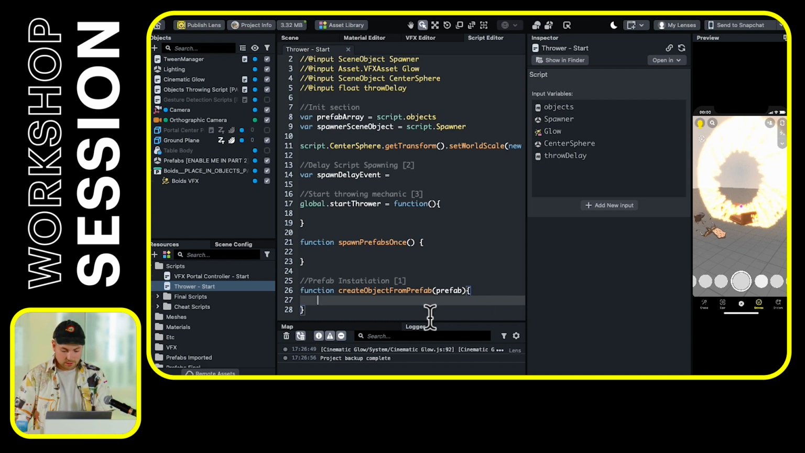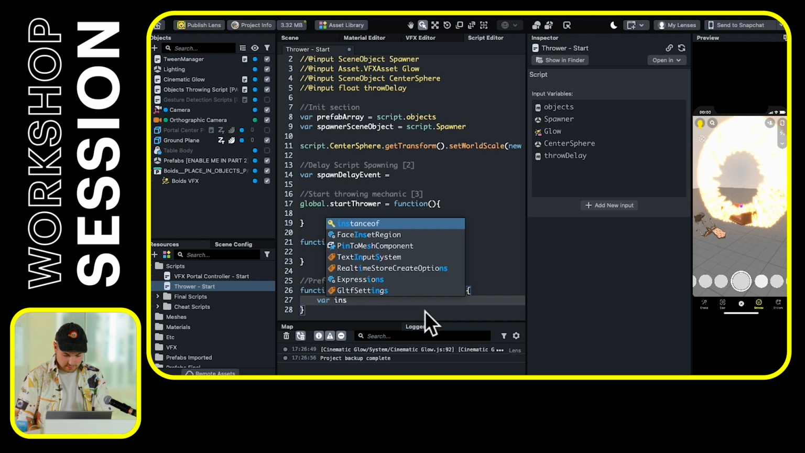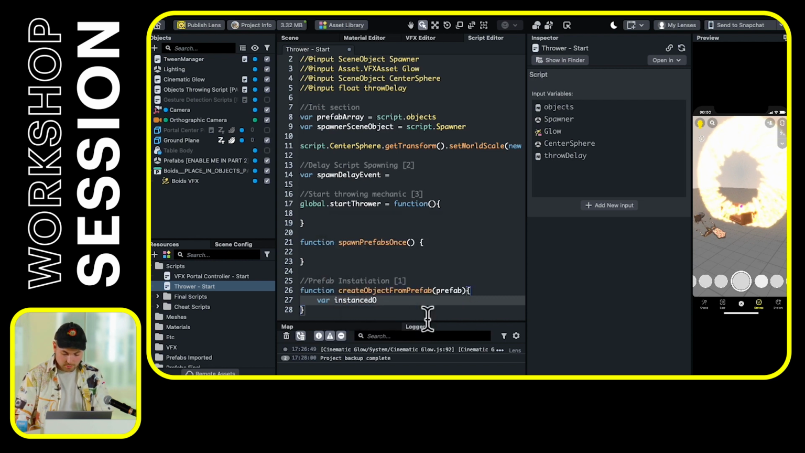So to do that, we're going to create a variable. You want to start at the bottom, which is a little counterintuitive, but you're actually going to want to start by creating a variable for every prefab. So I'm just going to call this instanced object. That's the name of the objects that are going to be created, and we're going to do prefab dot